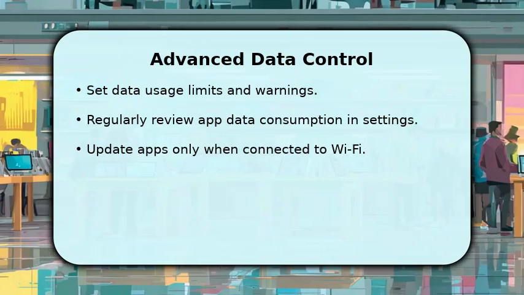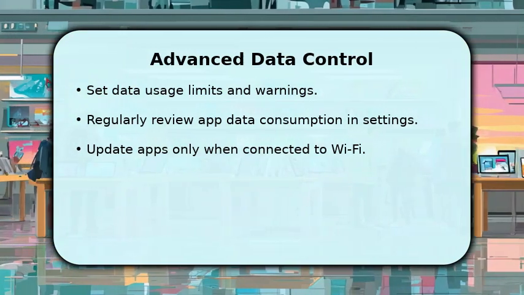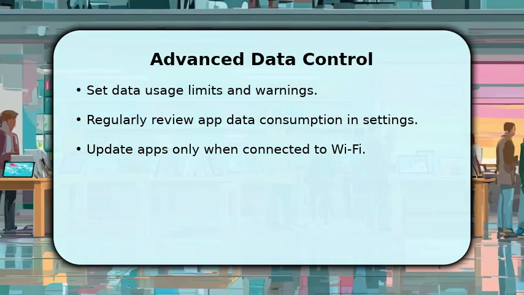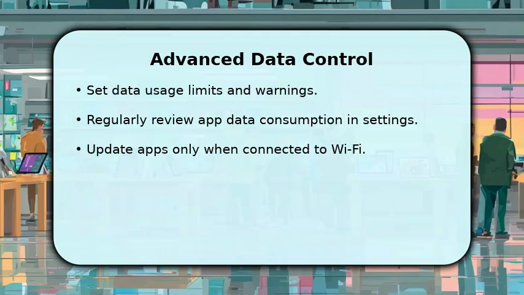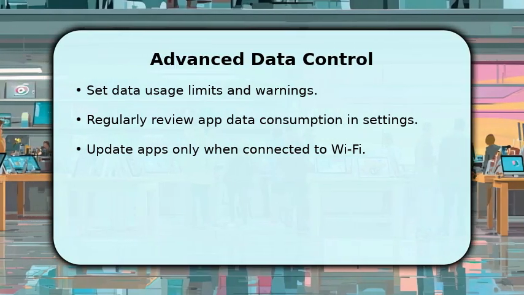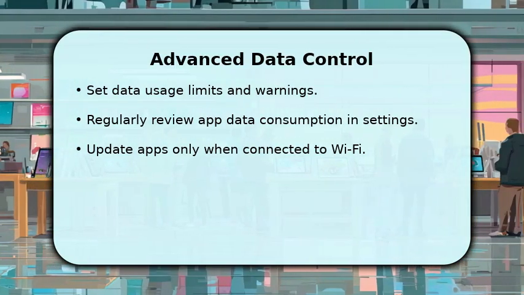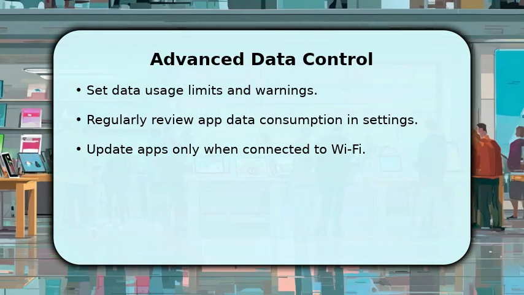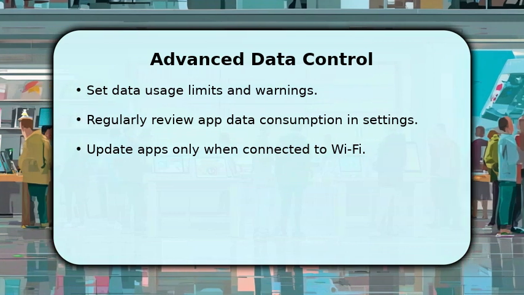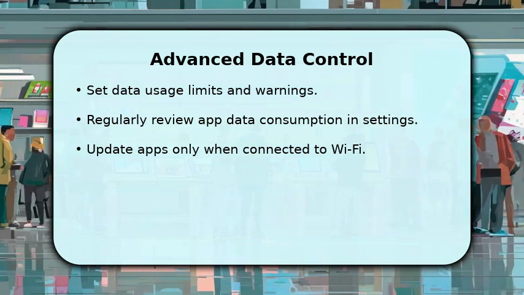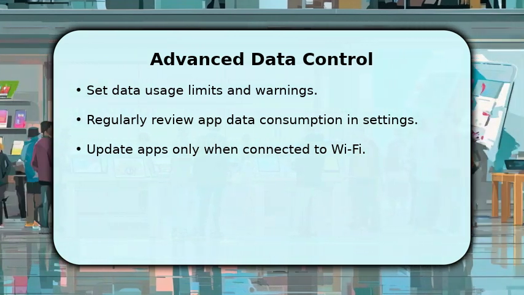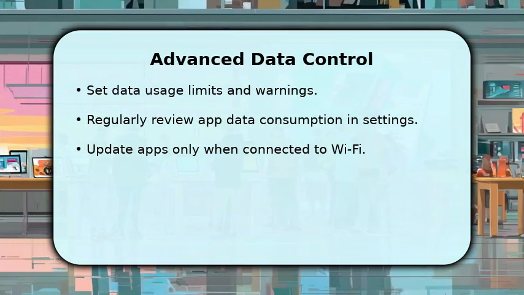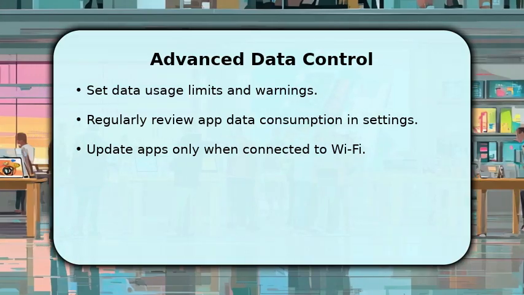Take advantage of your phone's ability to set specific data usage limits and warnings. You can configure it to alert you when you've used, for example, 80% of your monthly allowance, or even automatically disable mobile data once a certain threshold is reached. Regularly review which applications are using the most data in your settings. Finally, ensure all application updates are set to occur only when connected to Wi-Fi, preventing large downloads on your